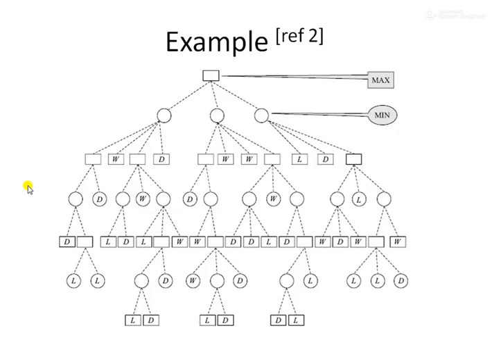So let us see another example of a game tree. This box is representing the max move, and this is for the min move. In that order we can generate a game tree like structure, and in the leaf node you can observe L is representing whether max is going to lose the game, or it is a draw, or W here is representing the win. So that can be the representation.